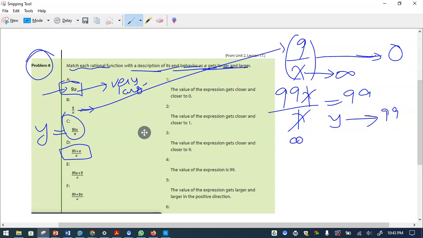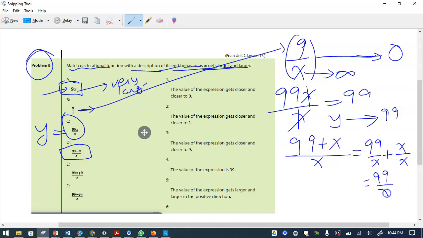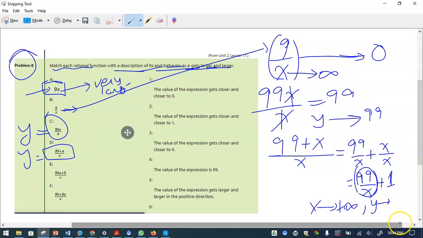If you see this one, 99 plus x, and divide by x, you can always split this as 99 over x plus x over x. So it's like 99 over x plus 1. And you can see that when x becomes very large, this fraction becomes 0 and you are left with only 1. So the whole y function will almost approach 1. That's all. But by just looking at it also,